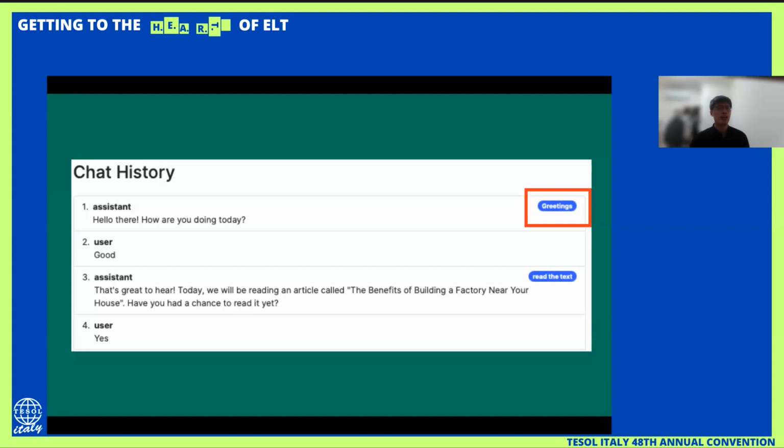And my student just types in "good." And the assistant responds, "That's great to hear. Today we will be reading an article about the benefits of building a factory near your house. Have you had a chance to read it yet?" So probably the student has already read the context, so he answered yes.